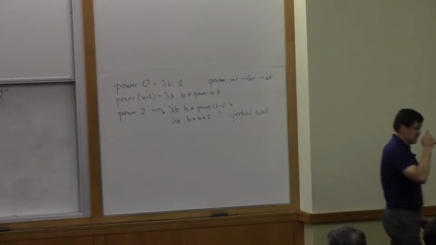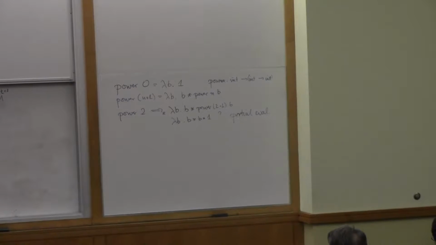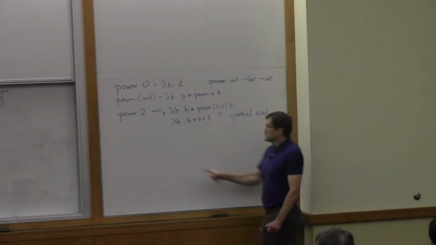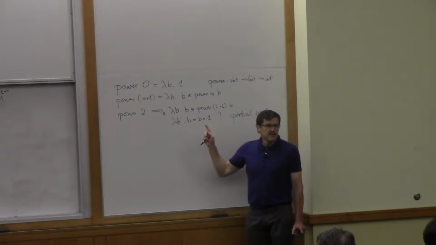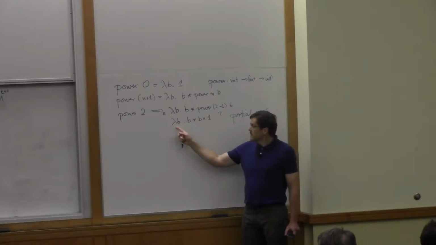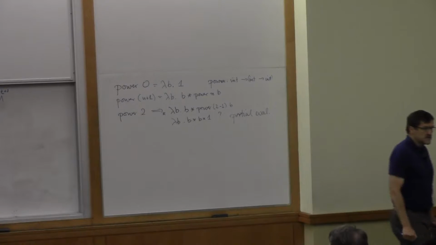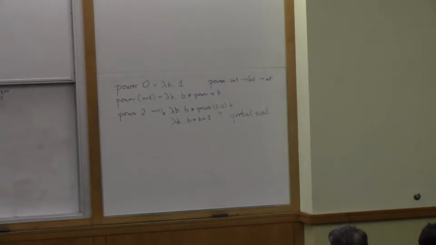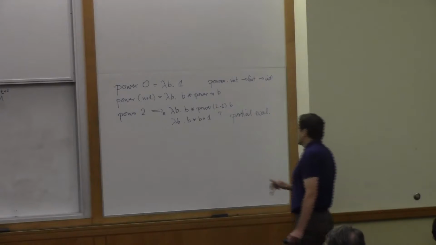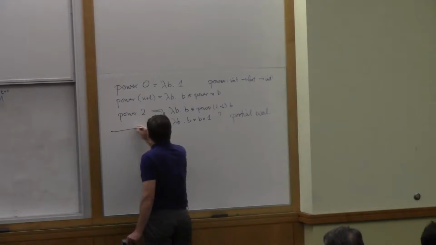Okay, so now the punchline will be that if I want a type system for partial evaluation, then I should use temporal logic. And in temporal logic, I can write a program such that power of 2 will give me this result. So it gives you a very efficient piece of code that is very hard to achieve in ordinary functional programming without partial evaluation. Okay, do you see where I'm trying to go here? You might not know how to get there, but you kind of do. So how do we actually get there?